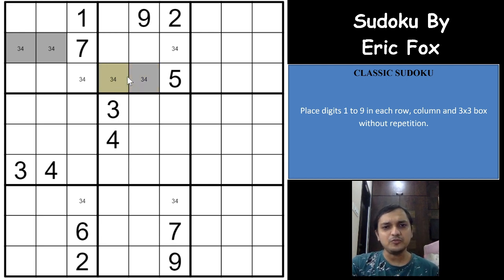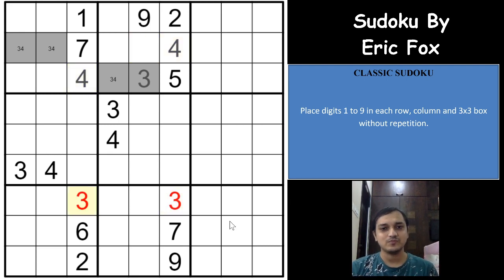So what happens if you have a 3 or 4 in one of these 4 cells? Let us assume I have a 3 here. Having a 3 here would give me a 4 here and a 4 here. Now there is no contradiction between these two cells, since they are in different rows. But both of these cells will be a 3, which are in the same row, and you get a contradiction here.